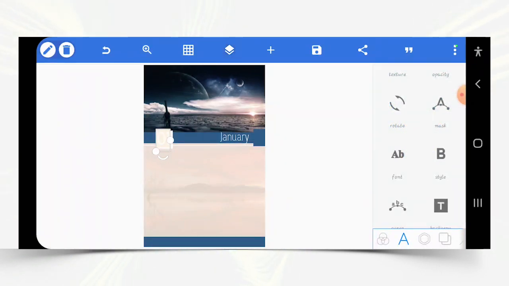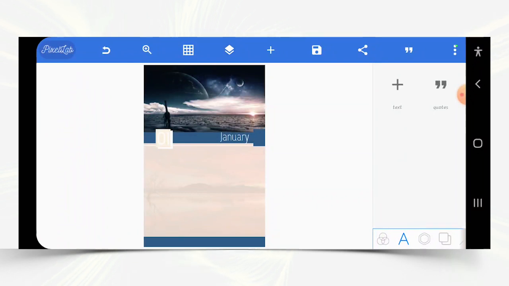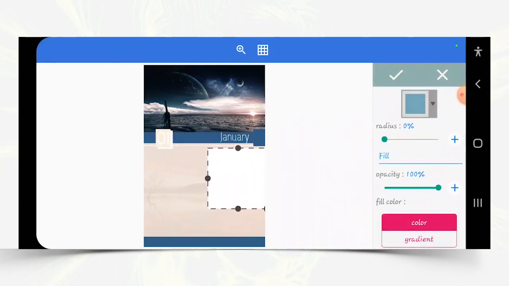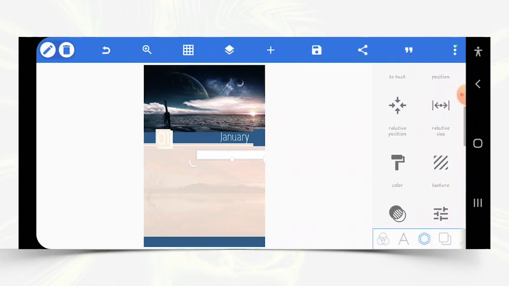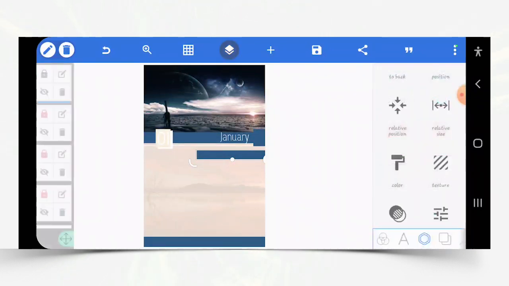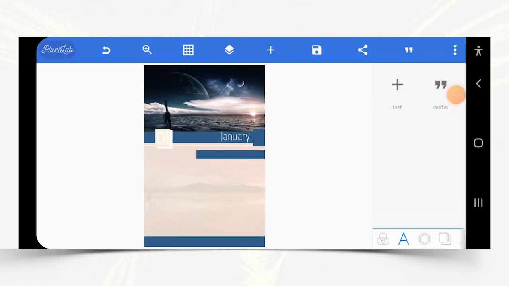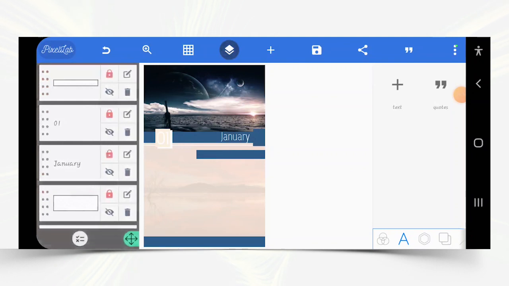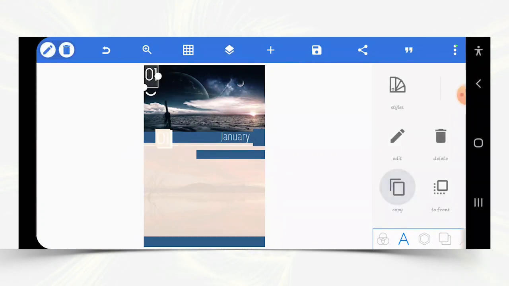All right, so the next thing you're going to do is to add the weeks. Okay, so you're going to add another shape. So go to shape, this way, this is the size, so this way, okay, and then change the color to this one. Go ahead and lock it. All right, so you're going to add it. Just go ahead and copy this text, okay, right here. So this one, just copy,